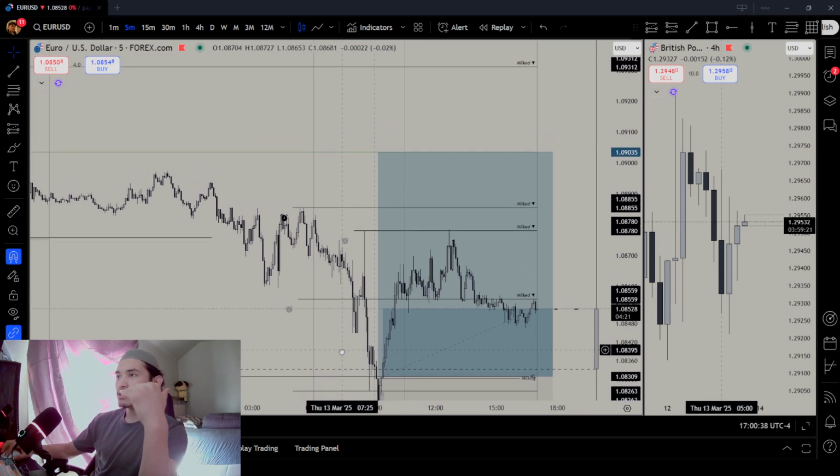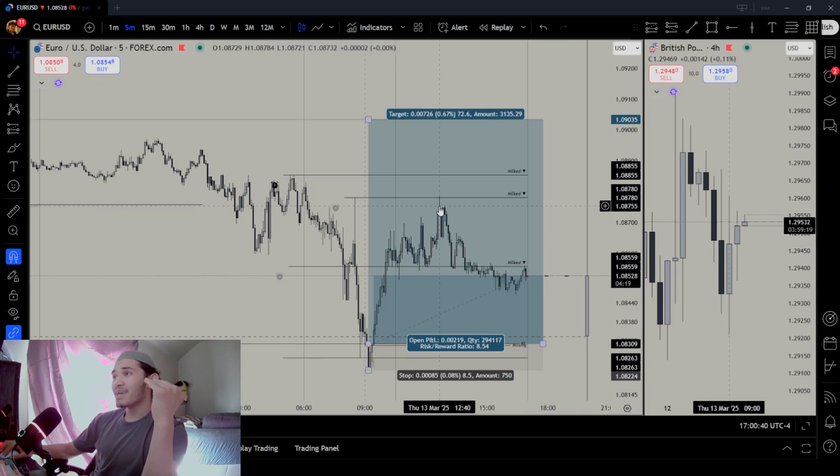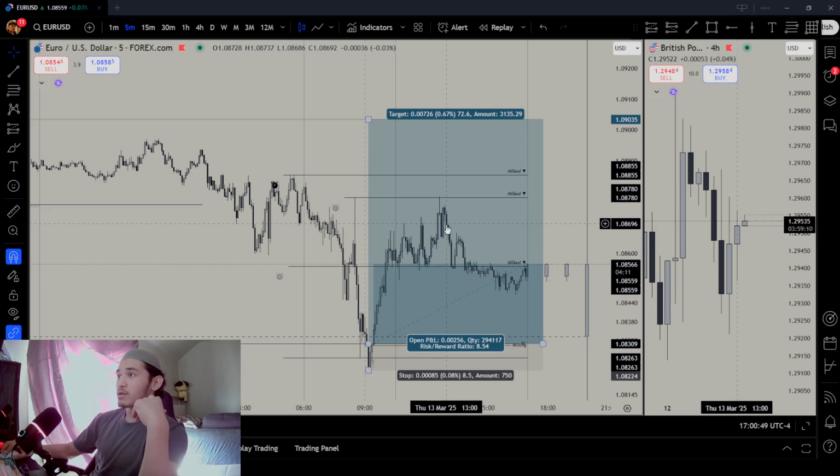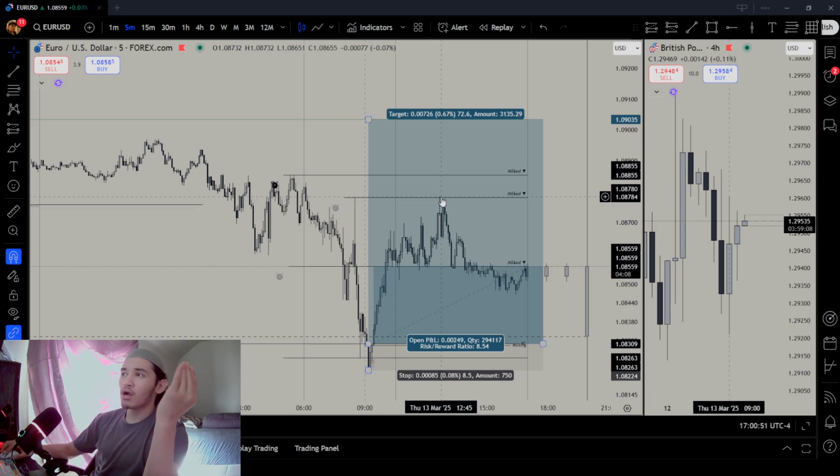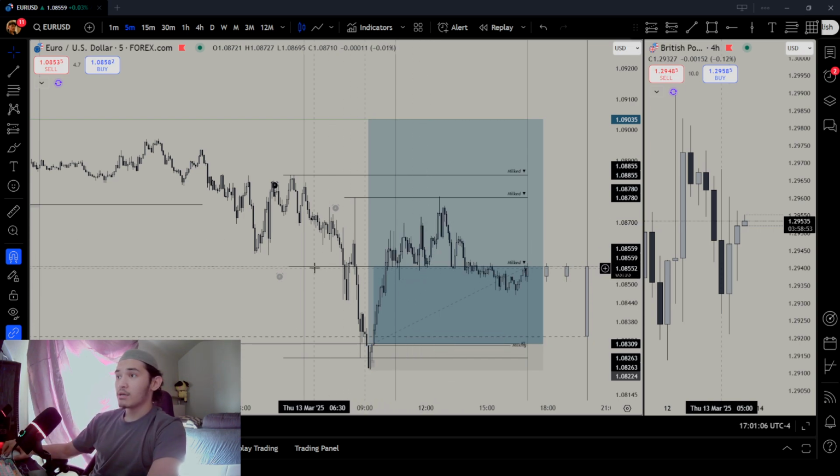This is too much partialing because instead of making 5.5 RR, how much RR did I make? I made only 2.3 RR or 2.5 RR, right? I didn't make that much. And on this one over here, if I were to go over here, I would have made like a 3 RR partial, but I did not make that. Why? Simply because over here I partialed less, so I made 2.5% instead of a 3% or instead of a 5% gain, simply because of one thing: the 50% mark take profit.